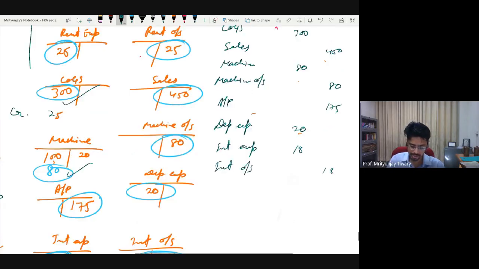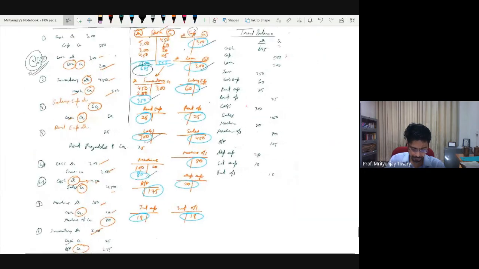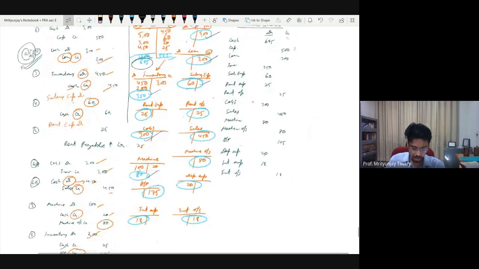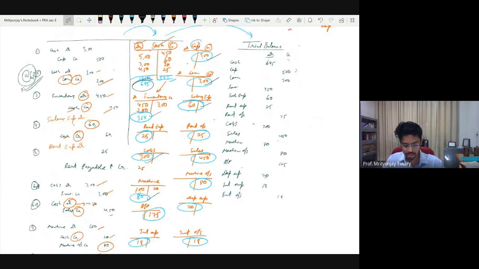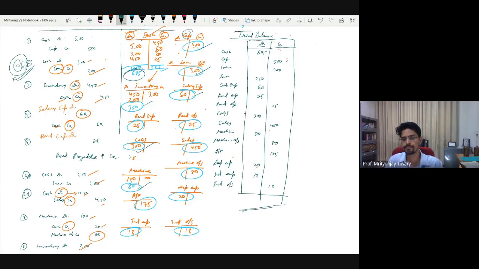So all I have done in this step, I will zoom out a bit so that you can see everything in one visual. What did we do here? All that we did here is that we entered all the closing balances in one table, which had two columns. One was a debit column and one was a credit column. Basically, this not only puts everything in a very short table where it's easier to pick things, also, at some level, it checks whether there was any error in totaling and balances or not.